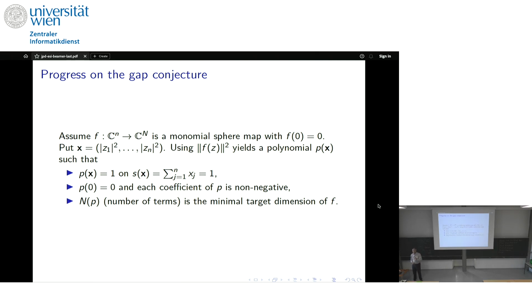Is that set cofinite? That's what it's called complete if that set is cofinite. Now it's easy to check that binomial coefficients are complete, and that implies that for the unitary group, the theorem Ming and I proved, that the set of gaps is cofinite. Okay. Right, so if you go back to that slide I had,